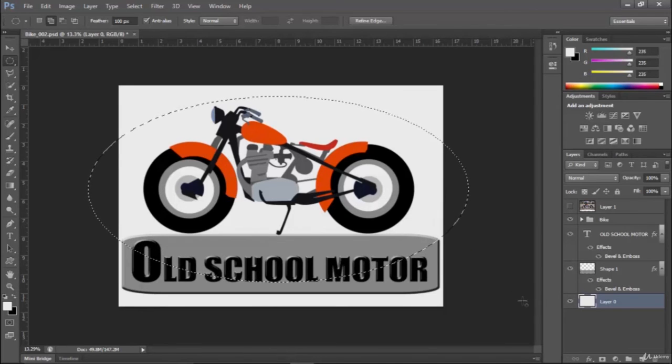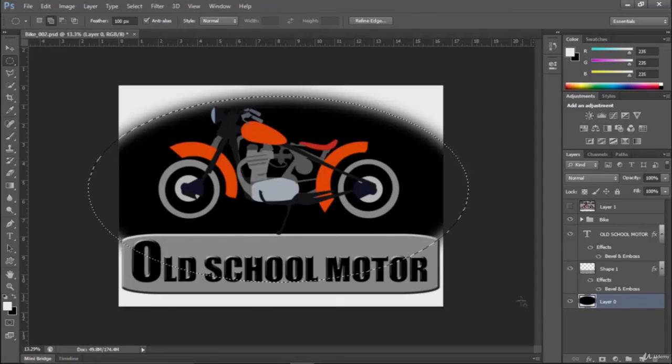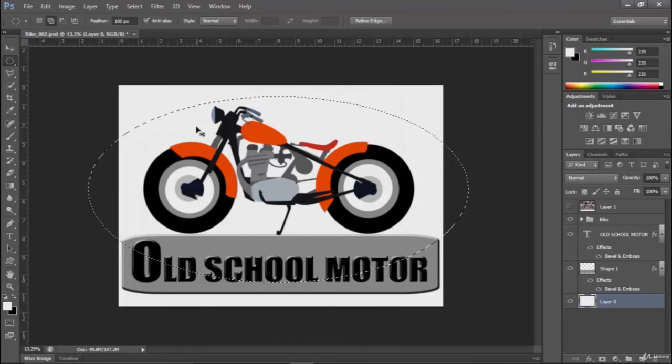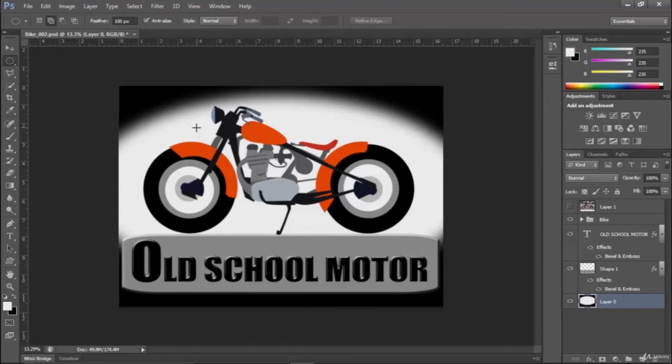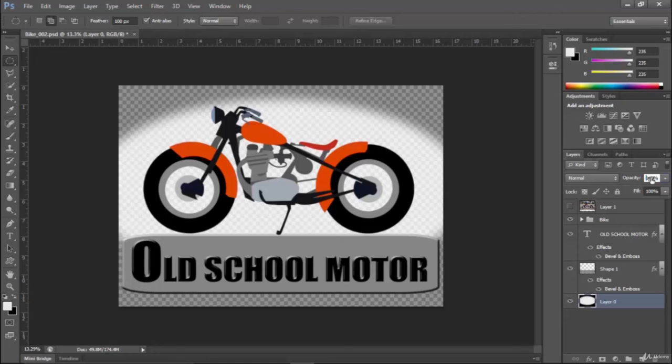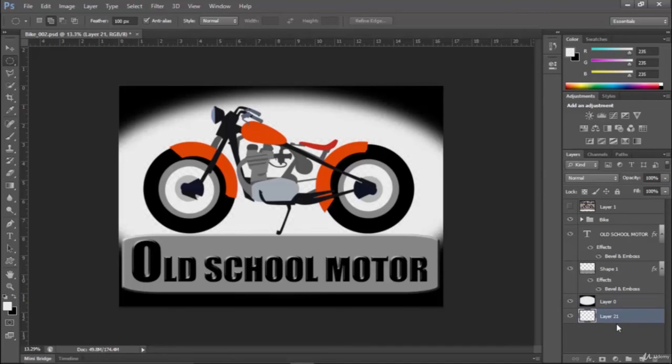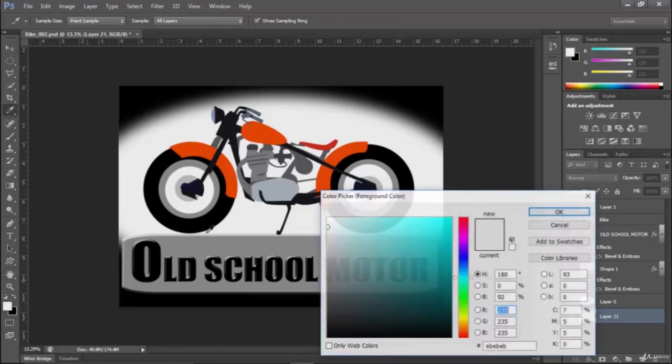Now what I will do, if I press Control Backspace, it will fill in the center, but I need the outer part. So Control Alt Z to go back. If I press Control Shift I, it will invert the selection, and Control Backspace, Control D. So you can see it inverted, and you may have this border. So what now? Okay, make a new layer, Alt Backspace, pure white,